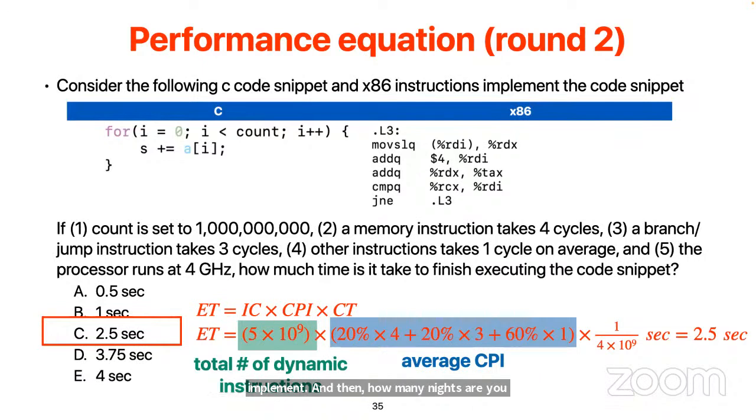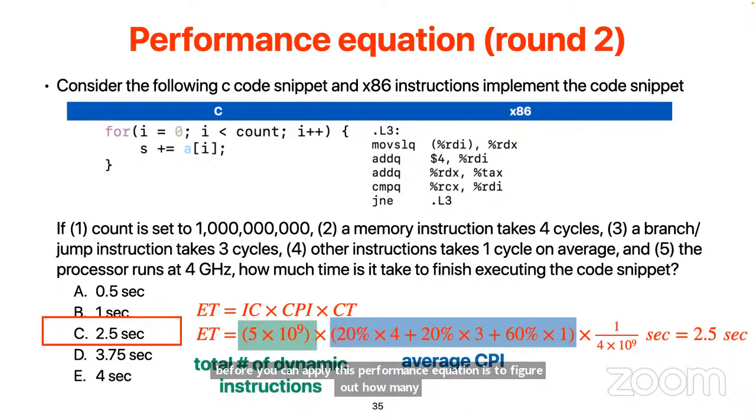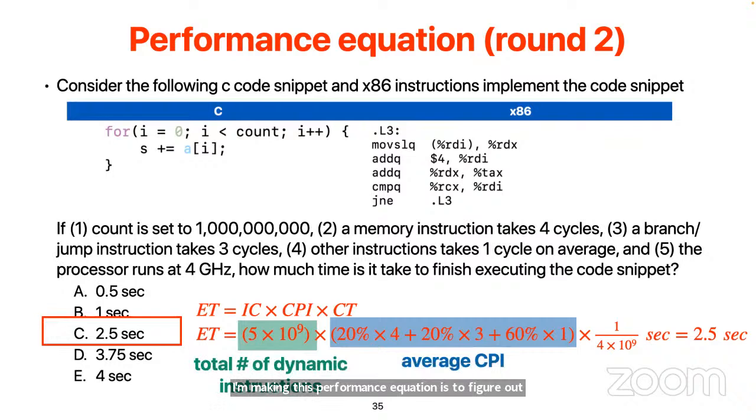For this particular program, the same equation applies, but you need some more work before you can apply the performance equation: figure out how many dynamic instruction instances it would take and what the breakdown of instructions within this program is. So in this program, it's 2.5 seconds as well. All right, so I guess we are all now masters of